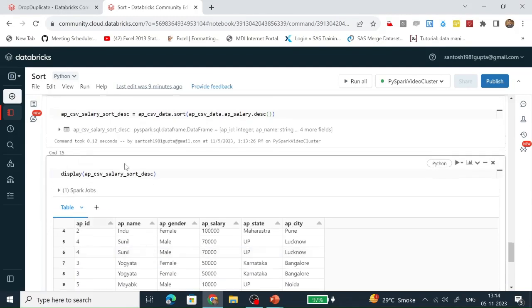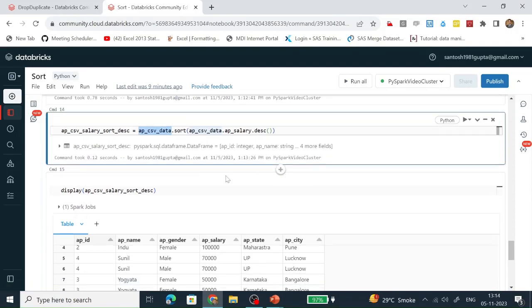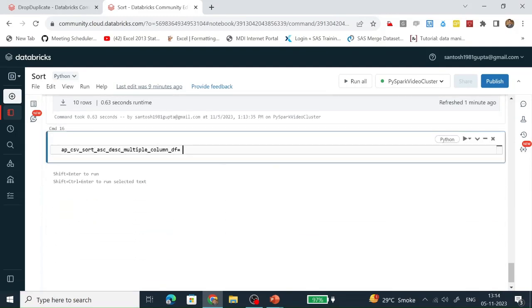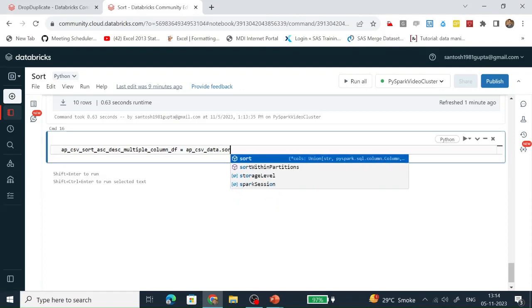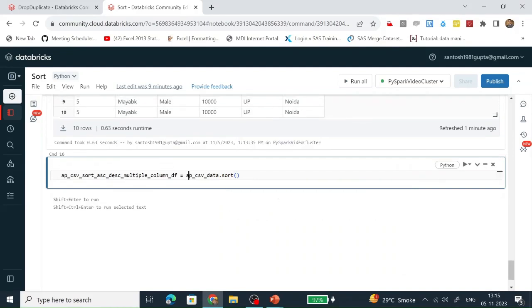On which data frame are we going to apply the sort function? On this data frame. Let's copy it. And what we are going to do, we are calling the sort function. So first it will sort based on the name. Okay, so this is the column name.